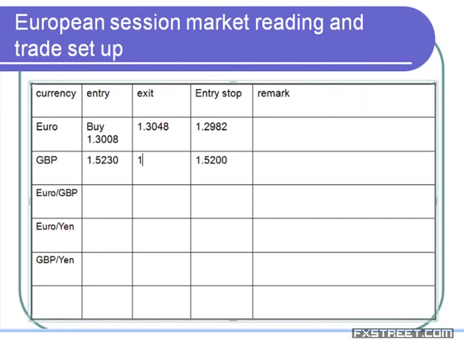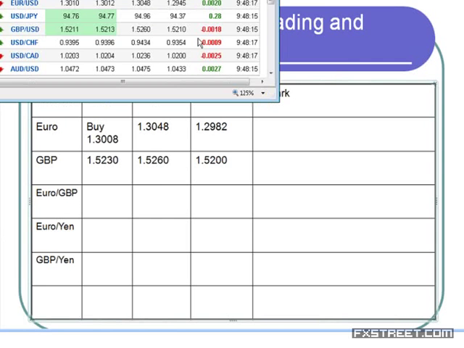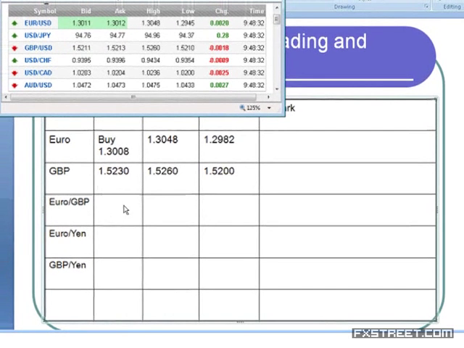So we will try to keep. It made a dip in the case of euro. It was not refreshing, sorry. So we have stop 1.5200 entry stop, and then in the case of